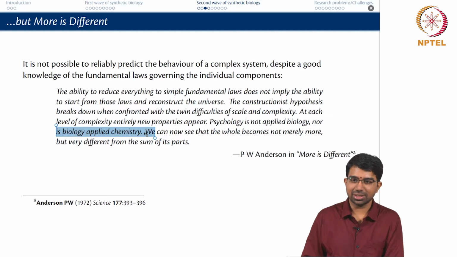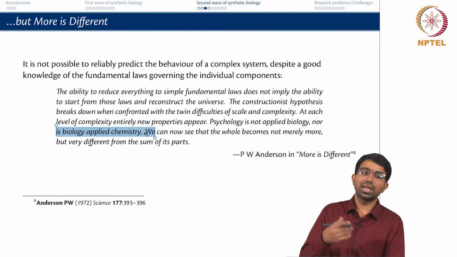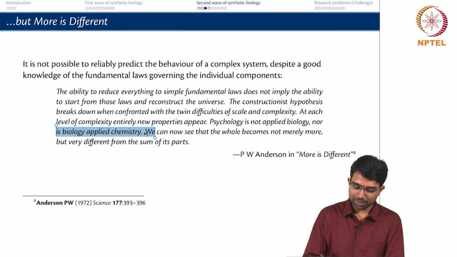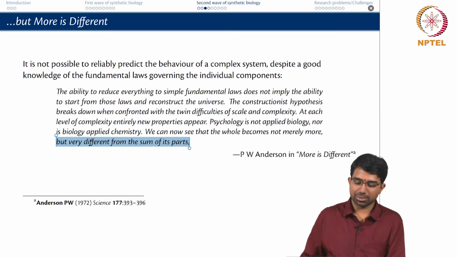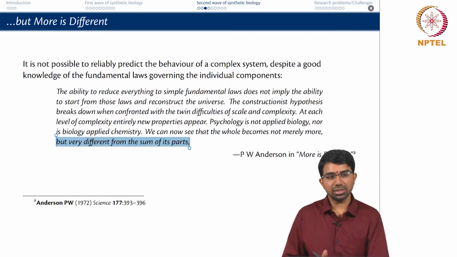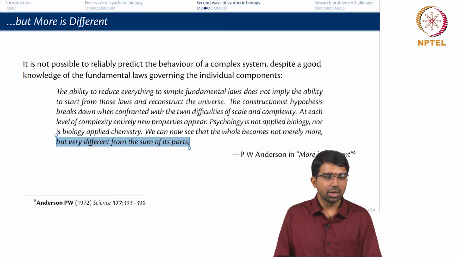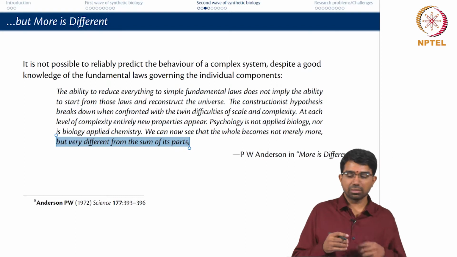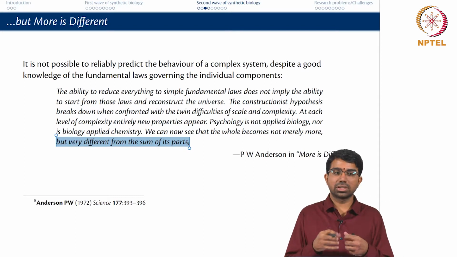See, biology is nothing but a combination of various biochemicals, but there are so many emergent properties that occur, and the whole becomes not merely more, but very different from the sum of the parts. And this is the challenge that one needs to tackle when you look at even synthetic biology, or of course systems biology itself, right. You have a very complex system, it behaves very differently from the basic modules that make it up,